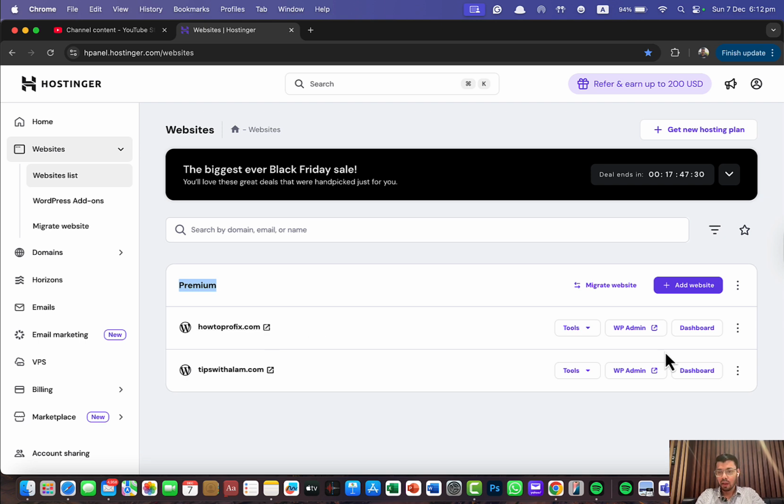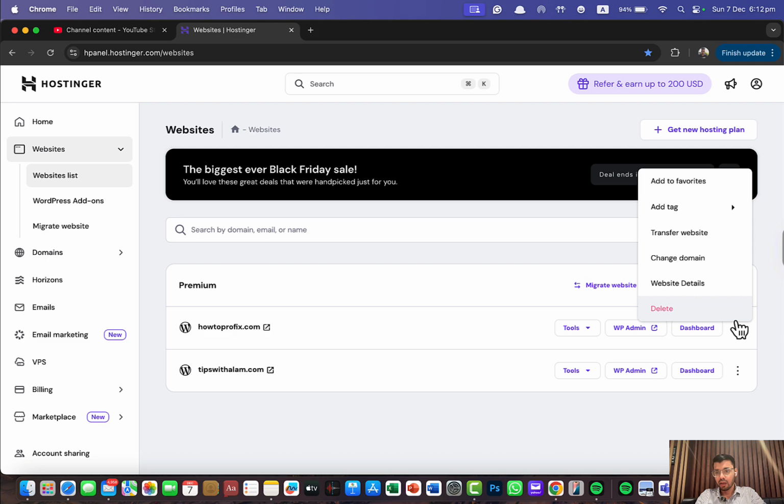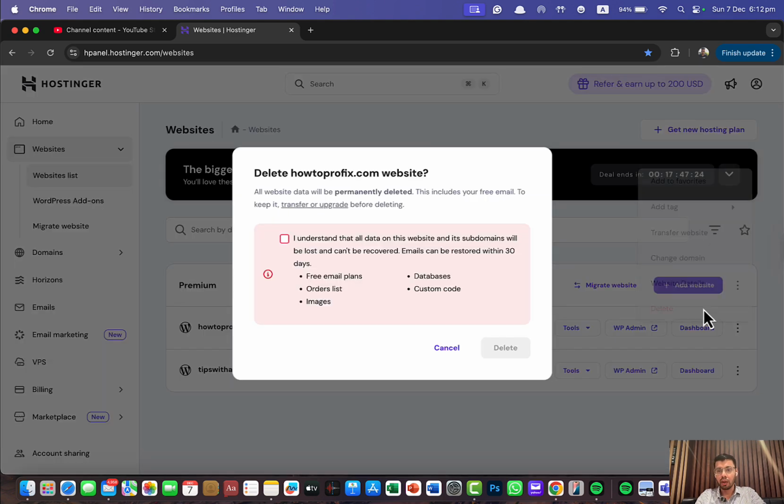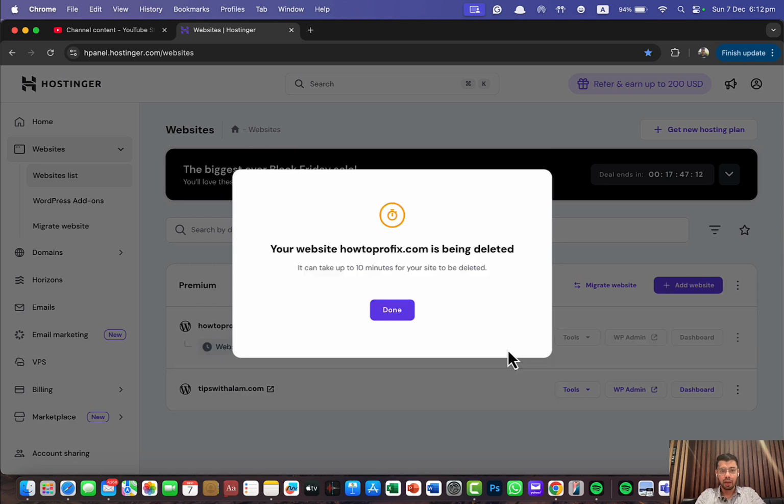this website. So without making any changes, you can just click on these three dots and go ahead and click on delete. And here you need to check saying that you understand that all the data will be wiped out. That's fine for me, so go ahead and click on delete again,